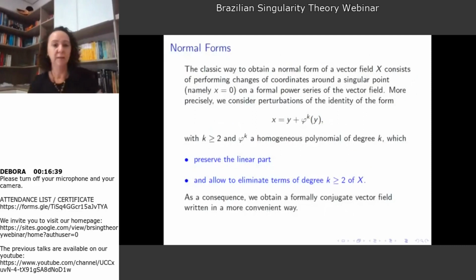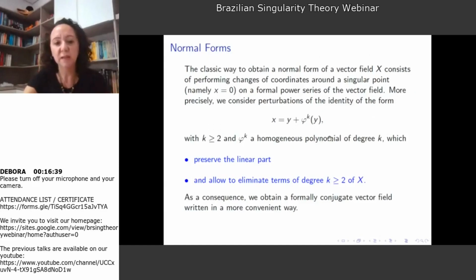Well, normal forms in the context of vector fields are a classical study. The classical way to obtain a normal form of a vector field with this approach consists in performing a change of coordinates around a singular point. And we assume here that the vector field is given as a formal power series, and we consider perturbations of